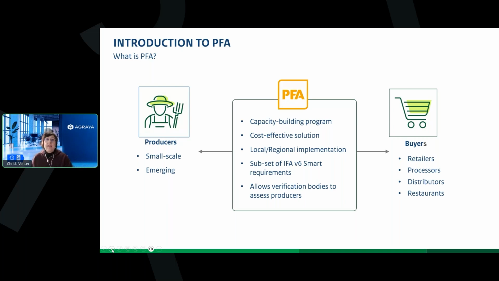And how is it designed? We took certain elements starting at a very low level, and at every level we introduce a little bit more requirements. I'll show that in the next slide. But it's being built on our IFA, Integrated Farm Assurance Standard, the one that you know as the GLOBAL.A.P standard, but on the Smart edition.